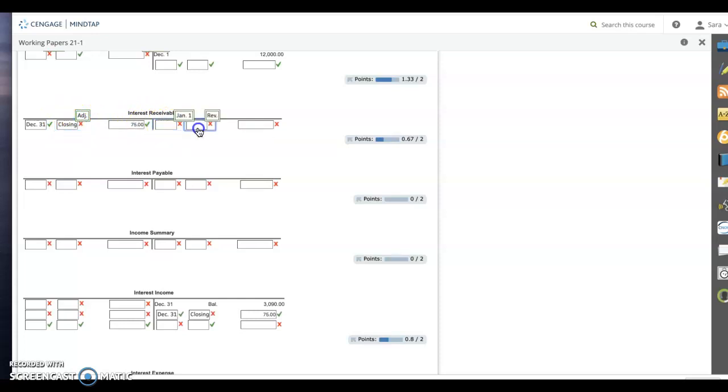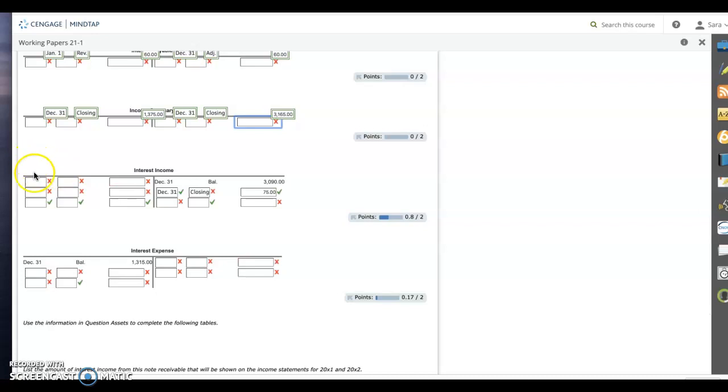Then on the credit, January 1st, REV for the reversing entry, $75. January 1st on interest payable, reversing entry for that, $60. On the credit side, December 31st, ADJ for adjustment, and then $60. Income summary, December 31st, closing, then $1,375. On the credit side, December 31st, closing, $3,165. Interest income, December 31st, closing, $3,165. Then our next line for our debit, January 1st, reversing,